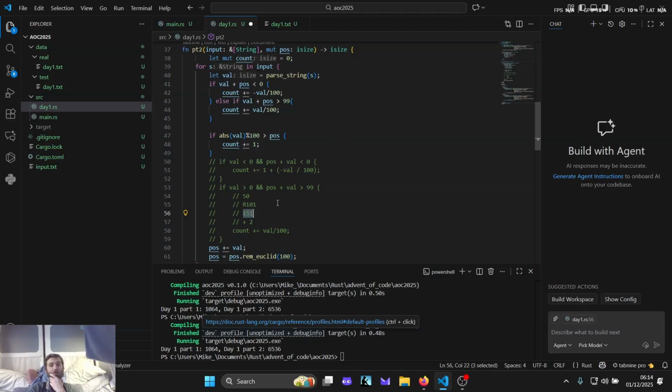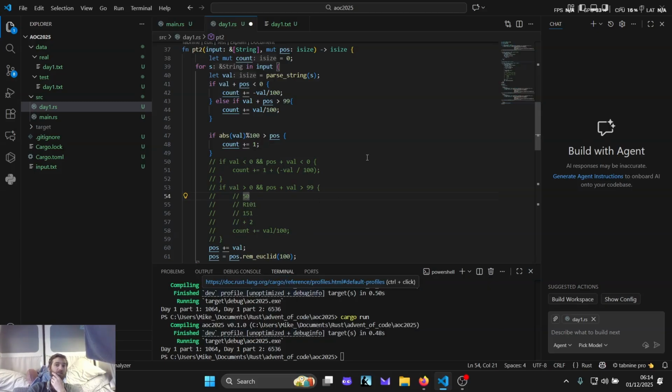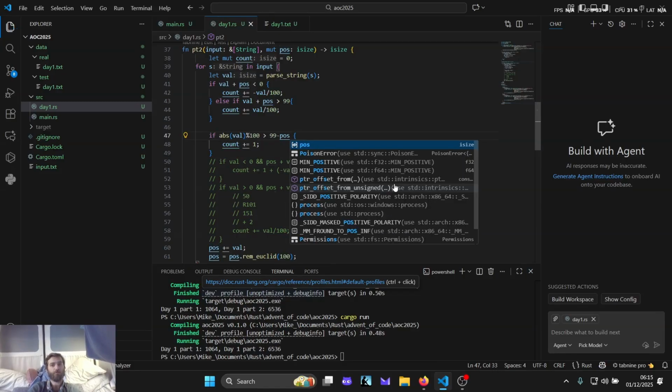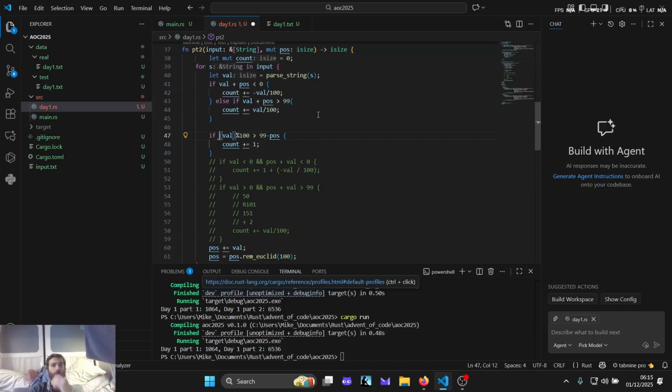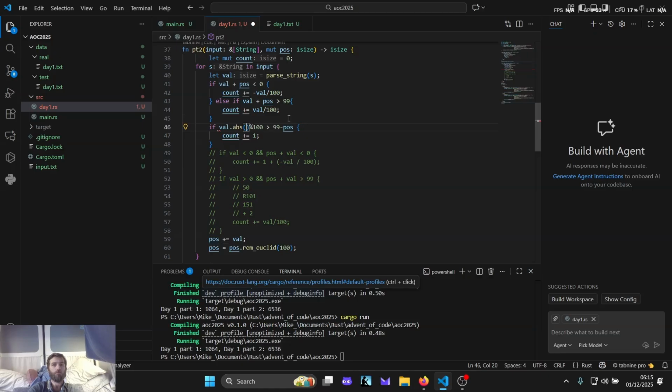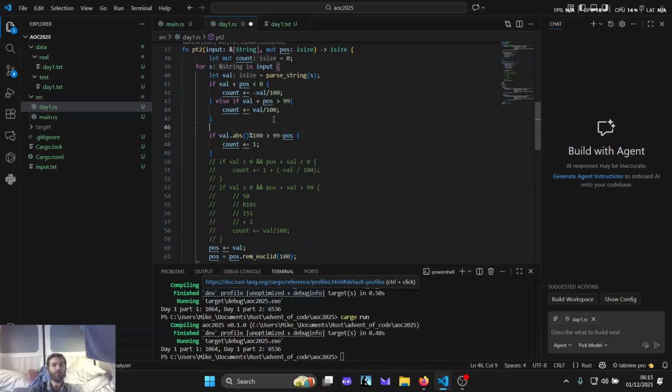Then we'll say, well, actually, the absolute value mod 100, well, that's going to be 1. Is 1 greater than 50? No. So that's not going to take us round another bit of loop. Now this is actually wrong. It needs to be, is it greater than 99 minus pos? Okay. And I need to check if that should be 100 or not. So